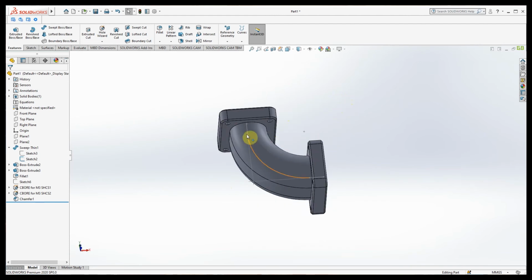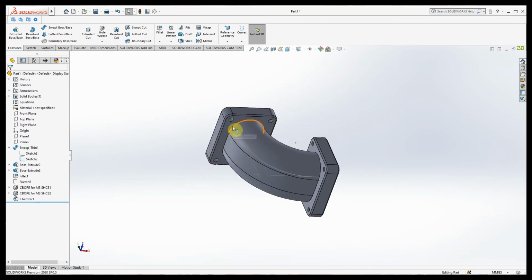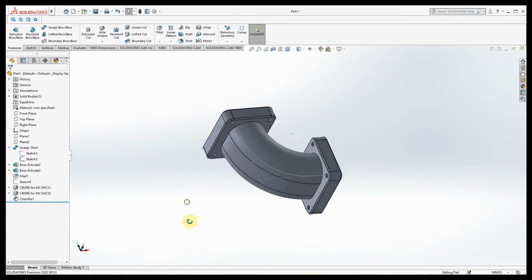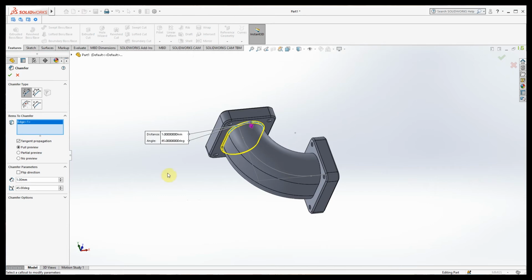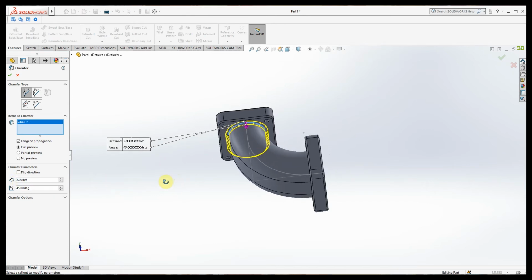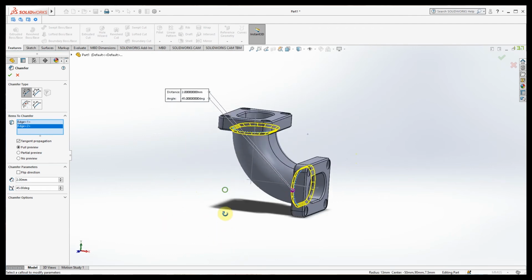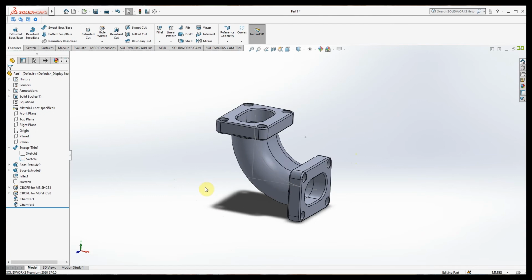But from flange to pipe there is no support. There will be welding or some joining method there, right? So we need to provide a chamfer here also. We will provide a 2 mm chamfer here and click OK.